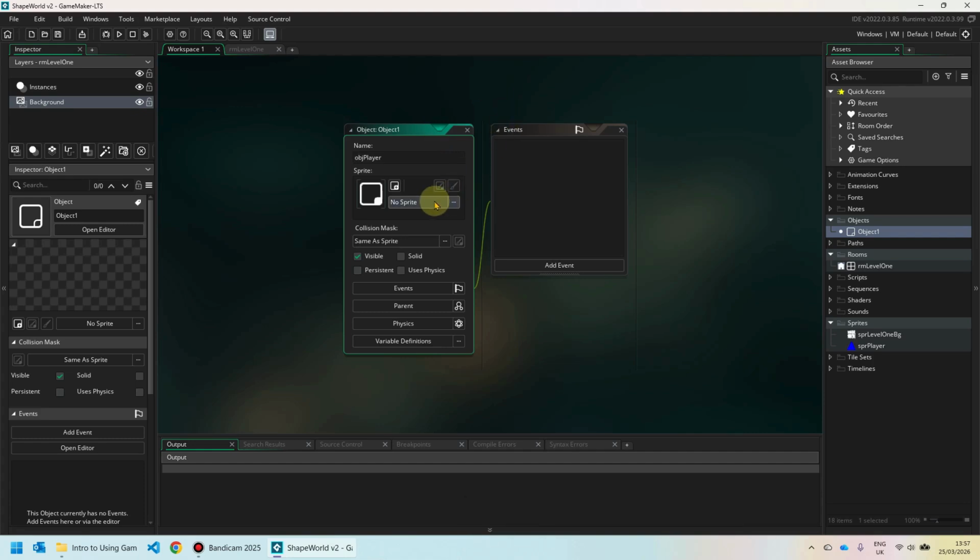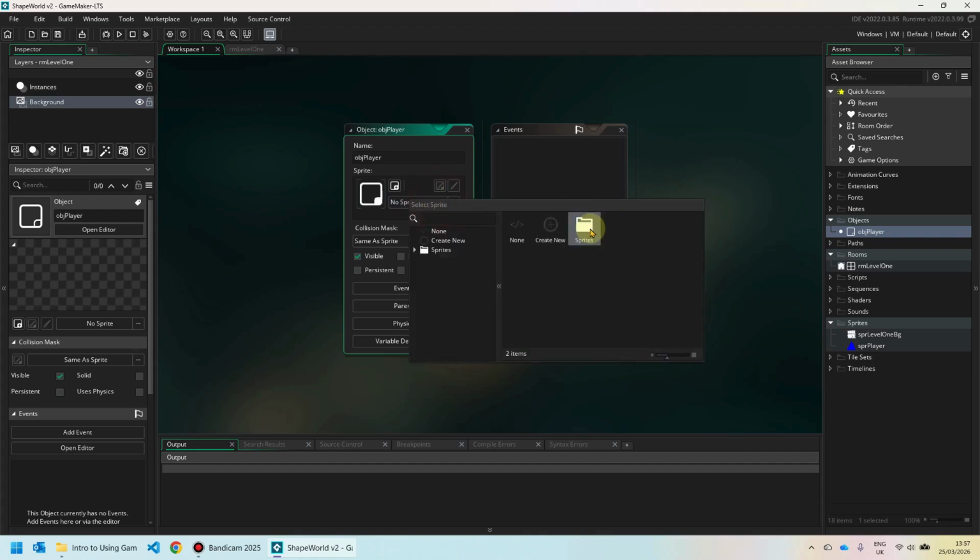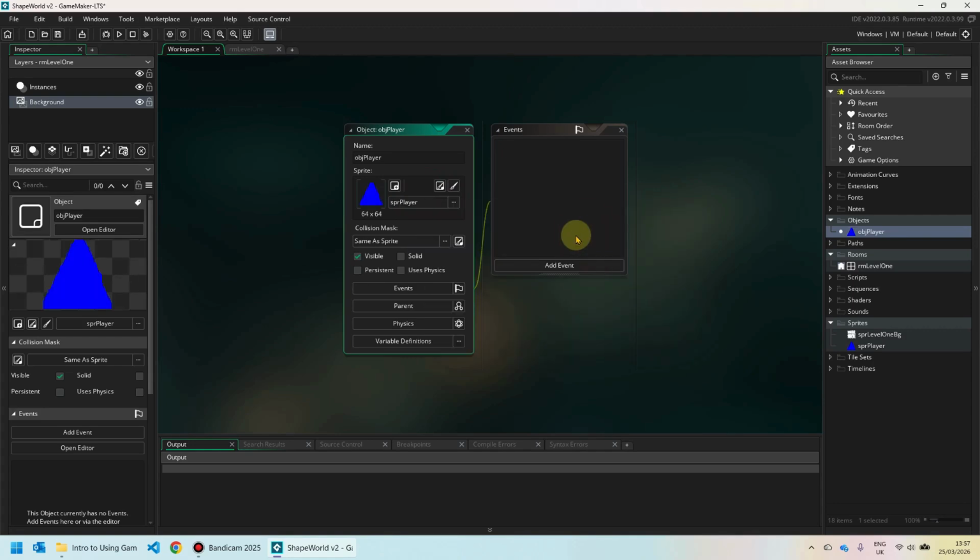And where it says no sprite, I'm going to pick a sprite, the sprite that I've just created. I'm going to click on it. I'm going to go into sprites, and I'm going to click spr_player. Now I'm going to open the room,